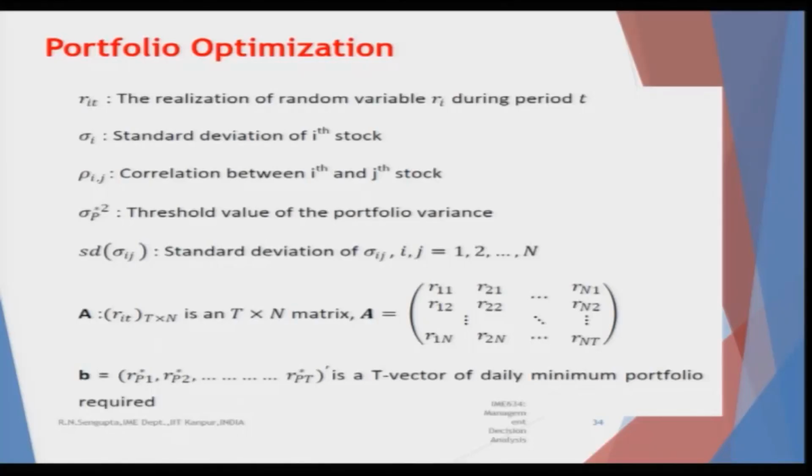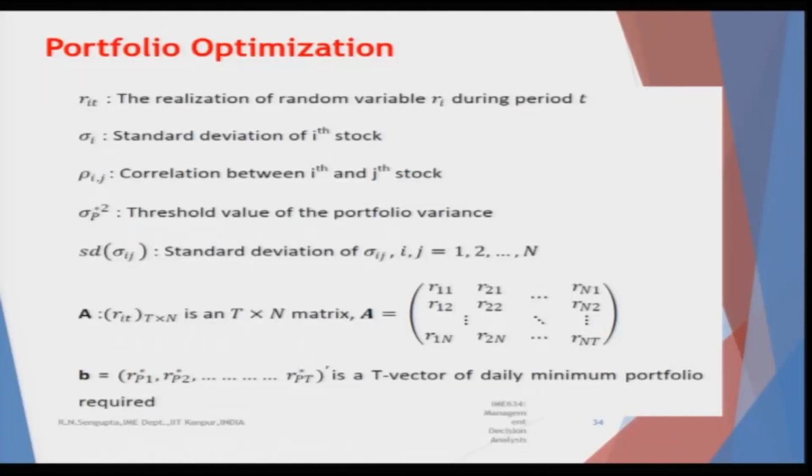Here also, if you remember, we have said that there is a risk star which is determined by the investor. So, here what I am writing, sigma square star suffix p, p is basically for the portfolio, is the threshold value of the portfolio variance which is given. And here another thing which is important for us to note, that in many of the cases we would be interested to find out how the variance, standard deviation of the variance also fluctuates. I will come to that later on, but that has nothing to do with the quadratic programming concept.